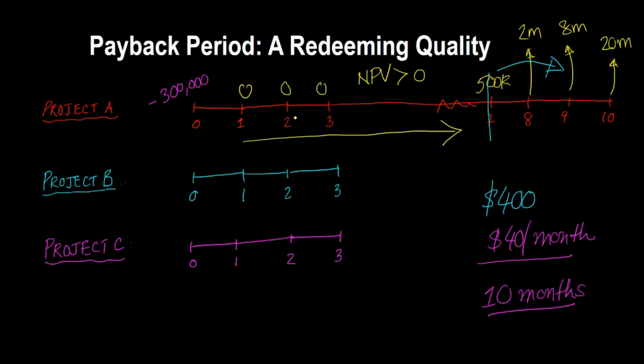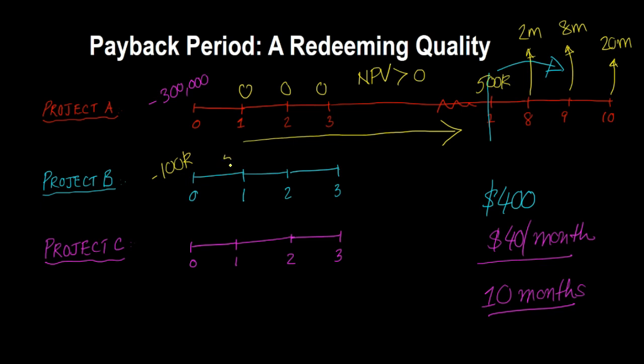Why might that be a problem? Because if you're a young startup, you don't want to be in a position where you're short on cash, strapped and not able to redeploy any funds in other investments. Now compare that to a situation where instead of Project A, you also have Project B and Project C. Project B, suppose, is a very small scale project. It will only cost you 100,000, but it will return your money faster.